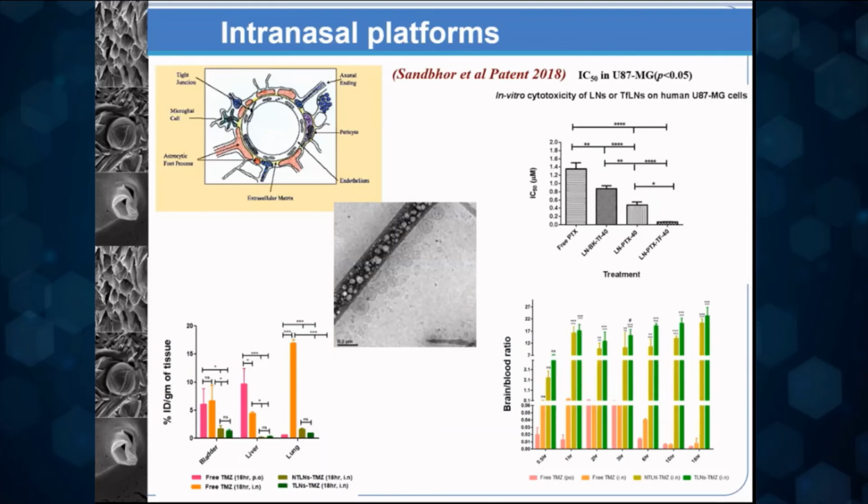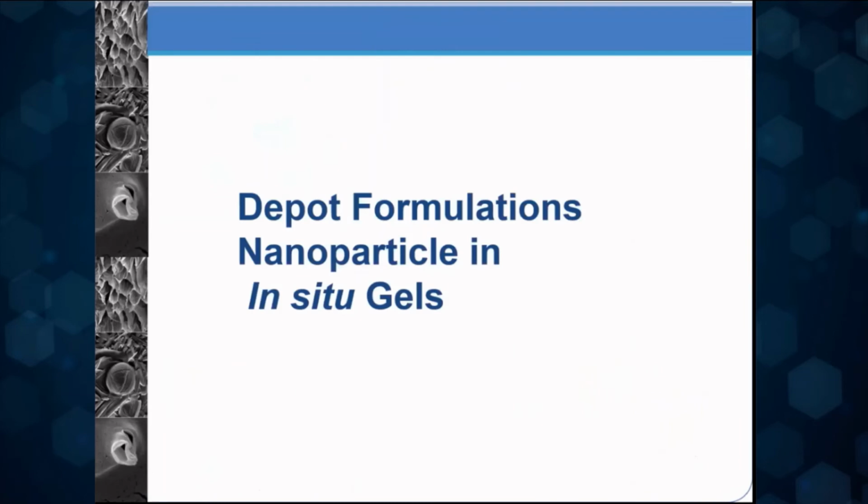So the same way that you smell various substances, can you exploit that pathway by designing the biomaterials to go through the upper part of the nose into the brain? The reason being that at that location, the blood-brain barrier is actually not present. Okay. Briefly, the concept of an in situ gel.